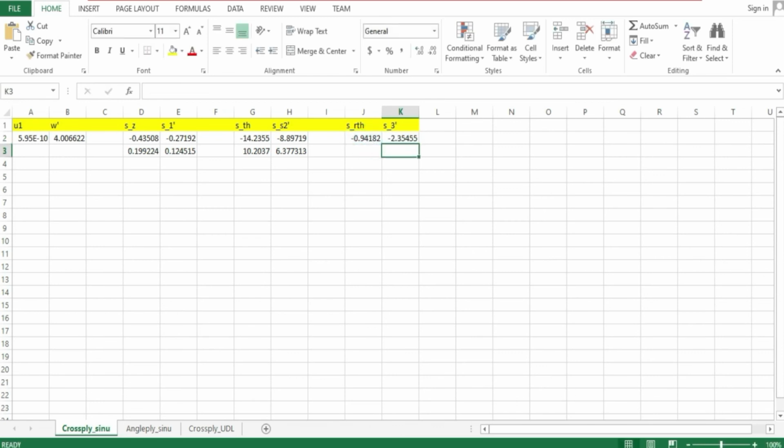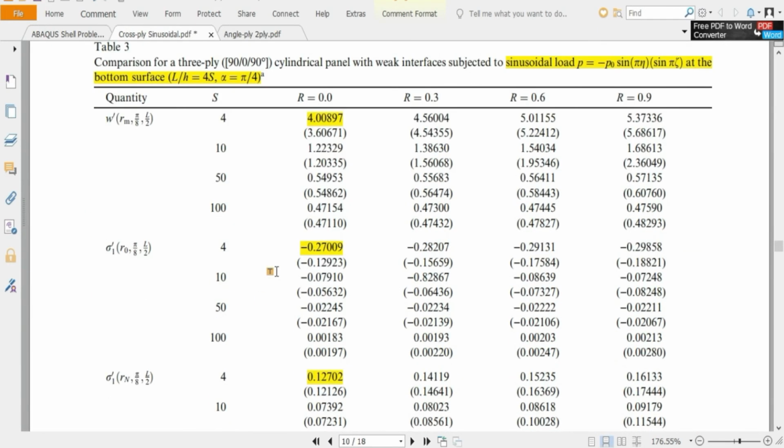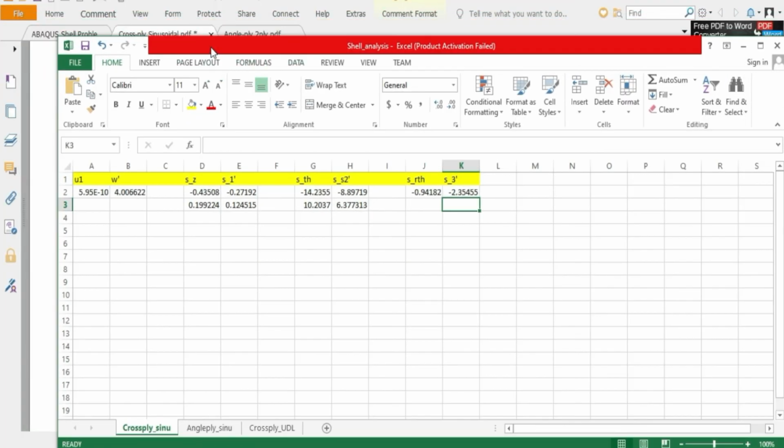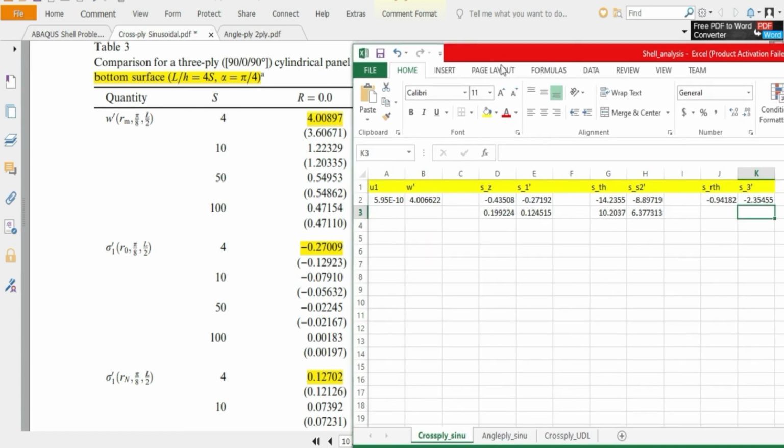Now these stresses are compared with the exact solution obtained in this paper for s equal to 4, which we are solving for. We can see that the numerical results deviate by a certain degree.